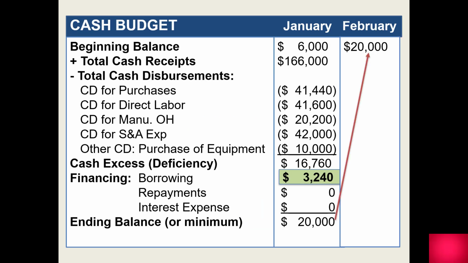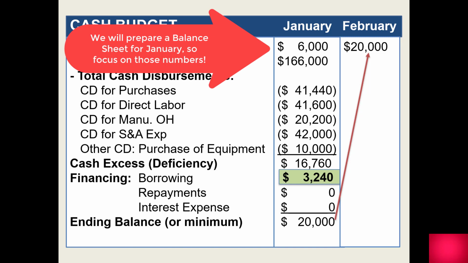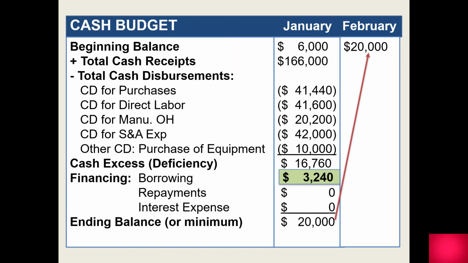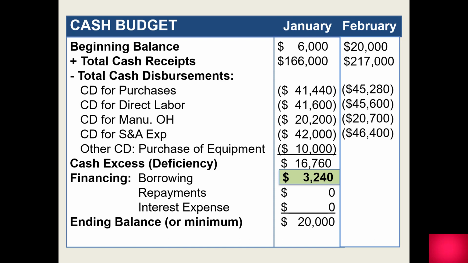We'll put the numbers in for the February cash budget just to show you how the second month would work. We will begin with $20,000 in February since we end January with $20,000. We're going to add our cash receipts that we calculated from sales. That's $217,000. The disbursements, those just come from the February numbers. You can go back and look those up if you'd like to know where they came from, but we calculated disbursements for purchases to be